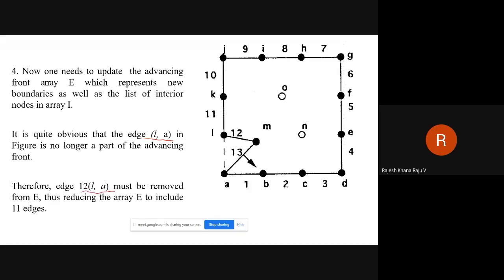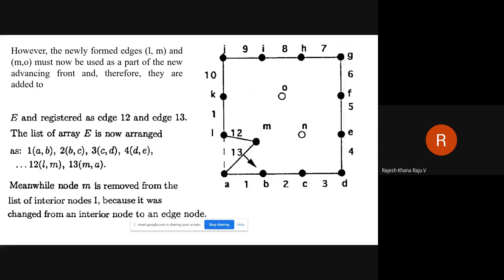Edge LA is removed, and we will include this LM and MA, sorry, MA, to your array E.